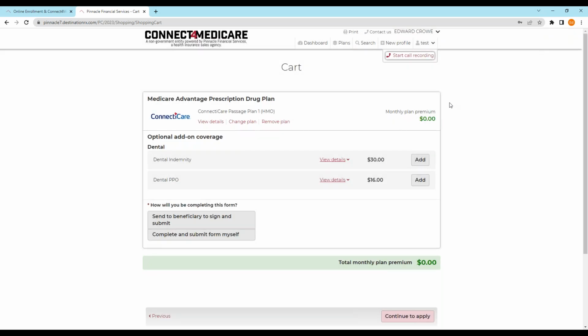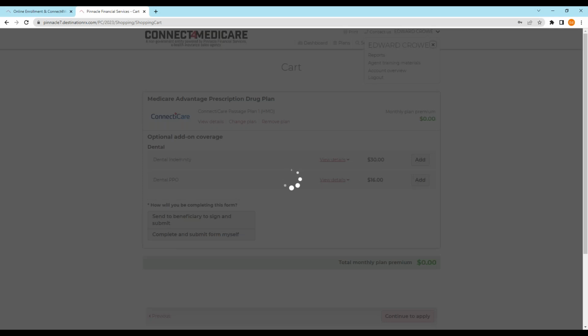A couple other quick things I want to mention on Connecture. First of all, your Pearl. A lot of people don't access that, but if you want to have a quote and comparison engine just like this that's consumer-facing on your site or your email, you can get your Pearl. And the way you do that, and it's the same thing with Sunfire and Medicare Bot too, just go into your profile. Your name will be at the top. Click Account Overview.